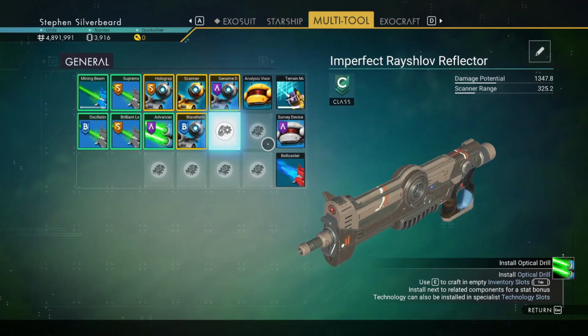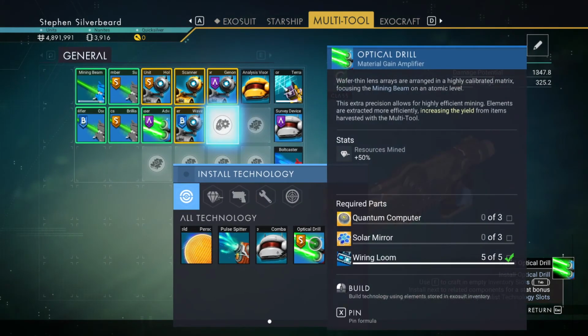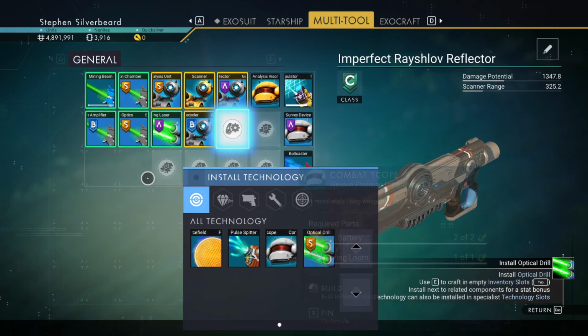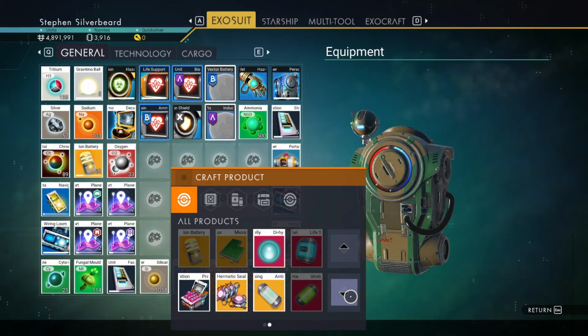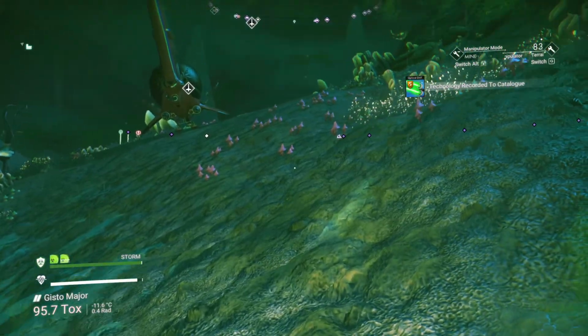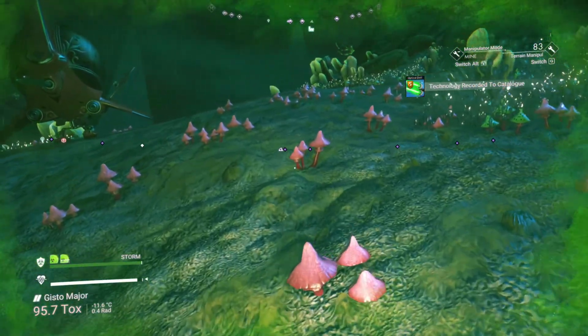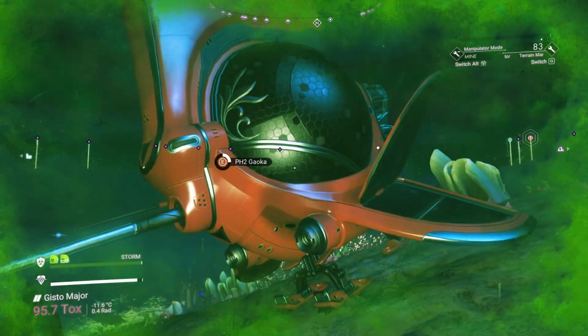I think I've got the optical drill, haven't I? No. Okay, what does the optical drill do then? This gives us plus 50% resources mined. Wow. That could be useful. I don't think we've actually got the plans for the solar mirror. So, well, it's a nice little bit of tech, but...